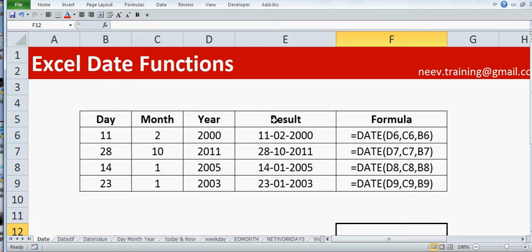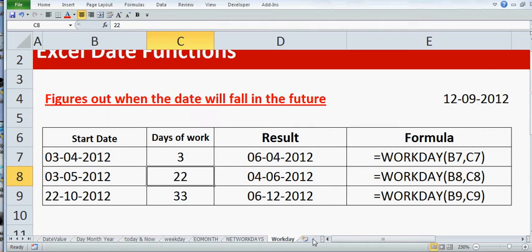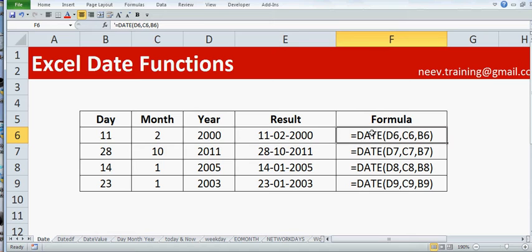Now these are the date functions which we'll be learning during the course of this video, starting with DATE. The DATE function is basically used to write a date in Excel. The components of dates are day, month and year.